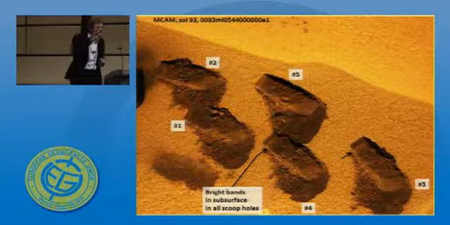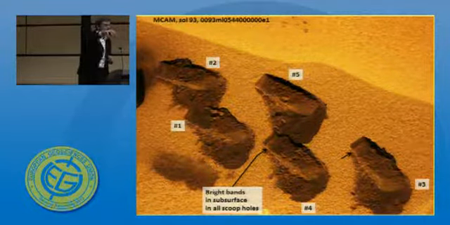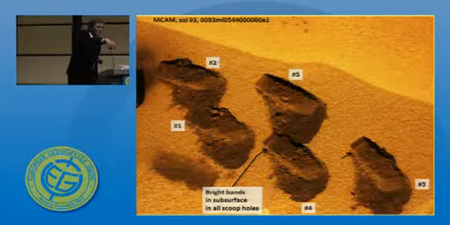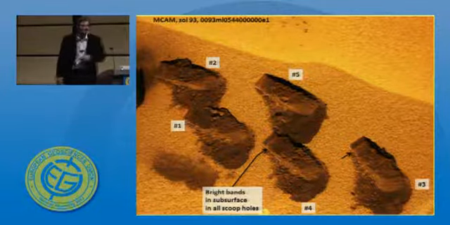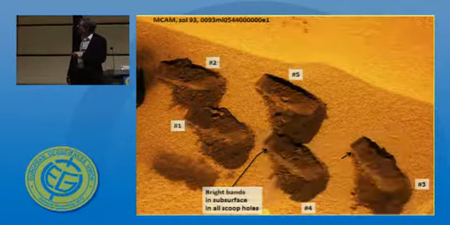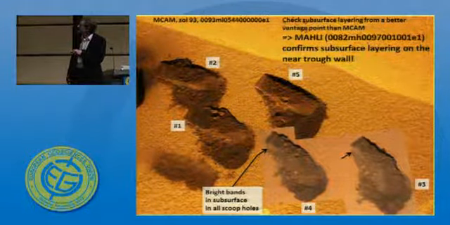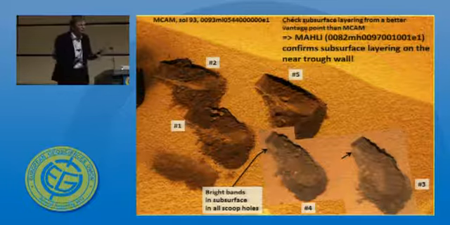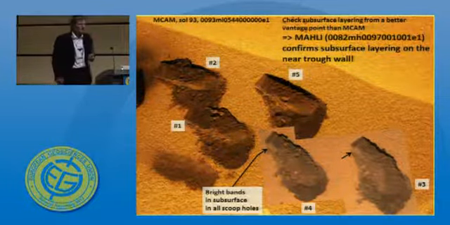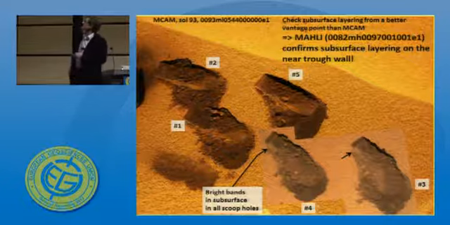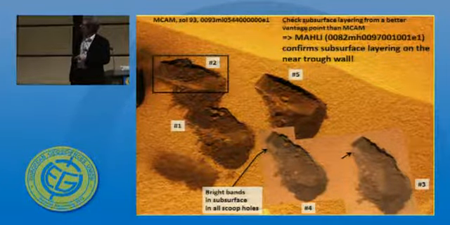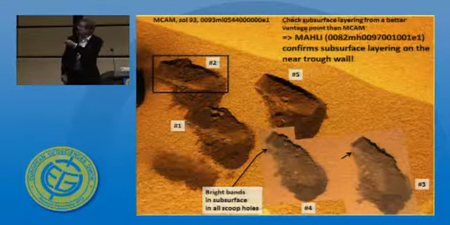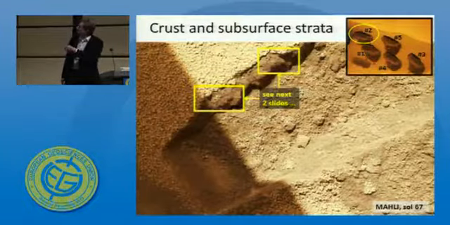Then we went out with the robotic arm and made an image with the MAHLI camera that is mounted to the turret at the end of the robotic arm, next to the APXS. And here you can see overlying, indeed the bright band continues on the near side. So we conclude that it's really an indigenous feature, and we have more arguments on that that I'm not going to show here. So just for fun, zooming in on this rectangle, you can see this MAHLI image,